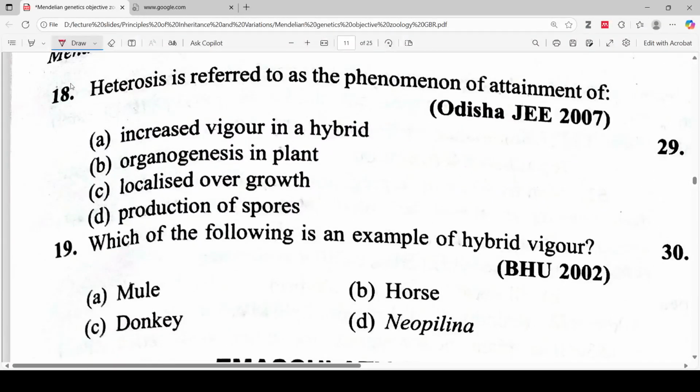Heterosis. Question number 18. Heterosis is referred to as the phenomenon of attainment of increased vigor in a hybrid, organogenesis in plant, localized overgrowth, production of spores. So the correct answer will be increased vigor in a hybrid. Next question,